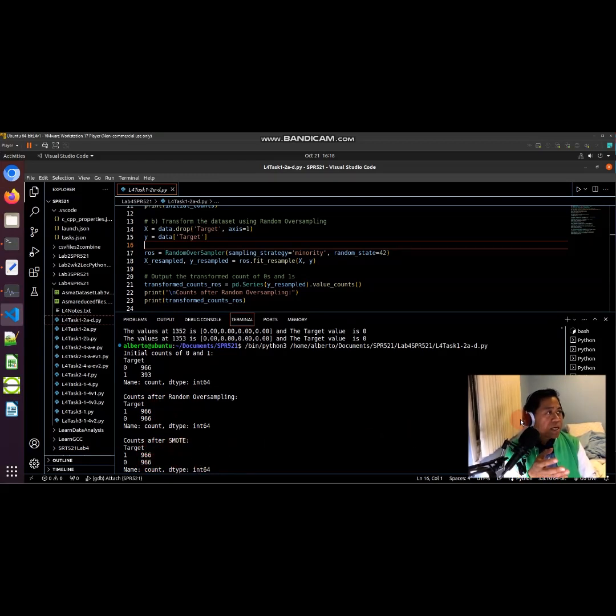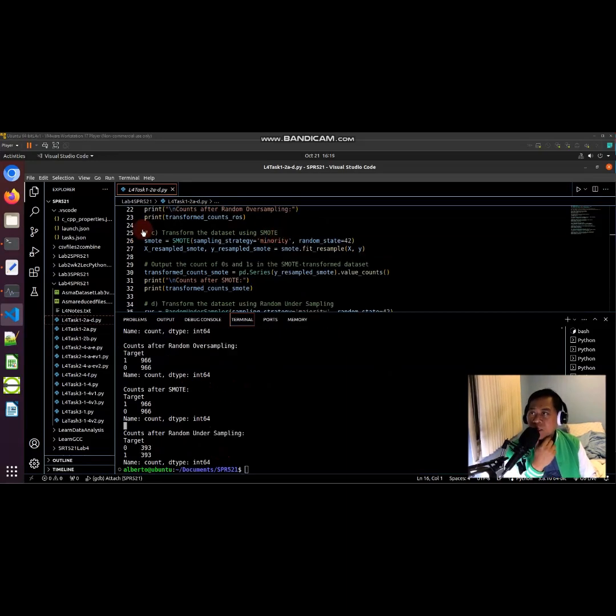SMOTE is a more sophisticated technique, and it generates synthetic examples to balance the class distribution. That's what SMOTE sampling is doing, and this is the part of the code where it does the SMOTE analysis. It creates a SMOTE variable, plugs in the library for SMOTE, and does everything, the splitting, collecting and adding. We can see the counts after SMOTE here. It's pretty much almost the same as random oversampling, but like I said,